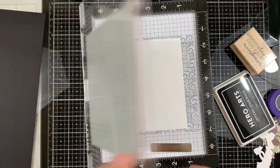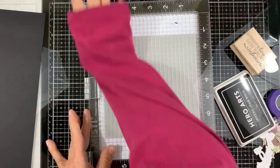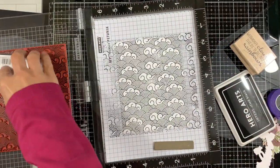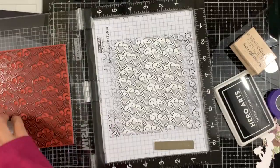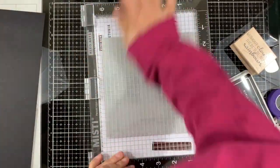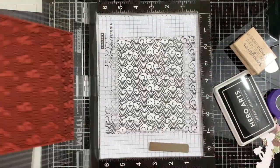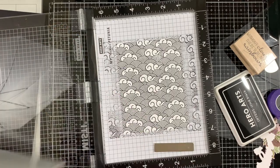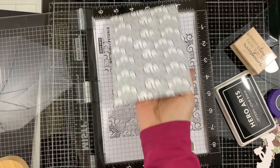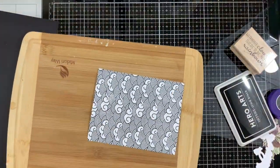Next I'm inking the stamp using black ink and stamping once, and then I will go one more time just to make sure, because in the middle it didn't stamp completely. So I'm just focusing more on the middle here. Let's see, I think I'll just press in the middle right there, and I think that looks good. Next I'm removing my stamp from the door of the MISTI, removing my panel, and I will apply some